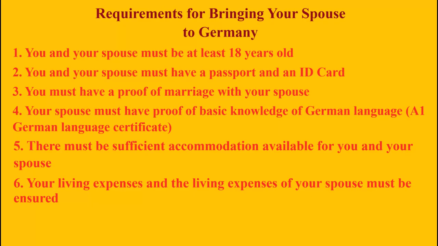Fifth, there must be sufficient accommodation available for you and your spouse. Although the required size for the accommodation, which is sufficient for each person, differs a little bit from state to state in Germany, in general, if you have 12 square meters for each adult and 10 square meters for each child under 6 years of age,